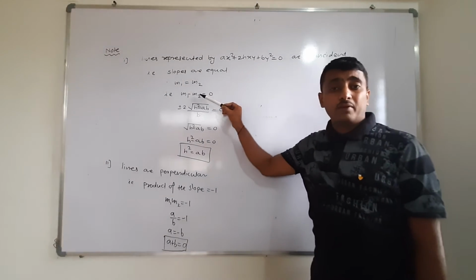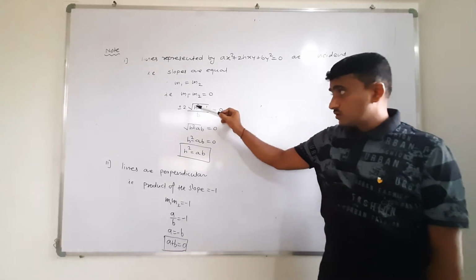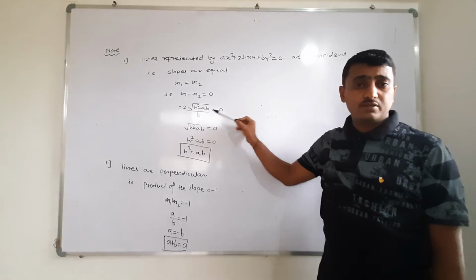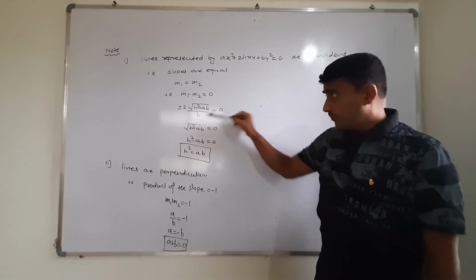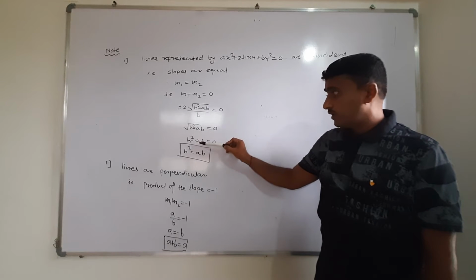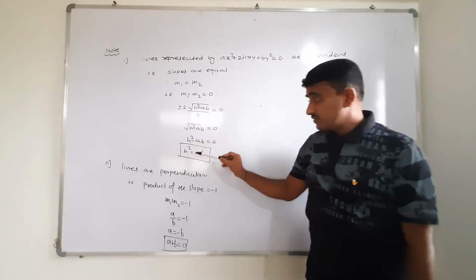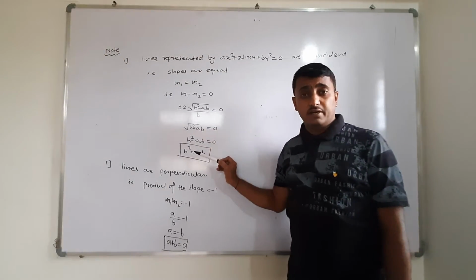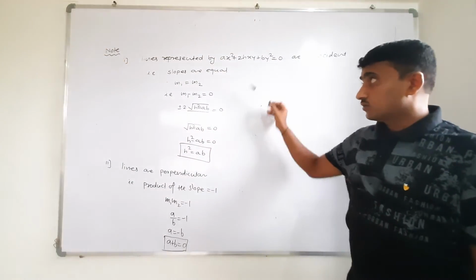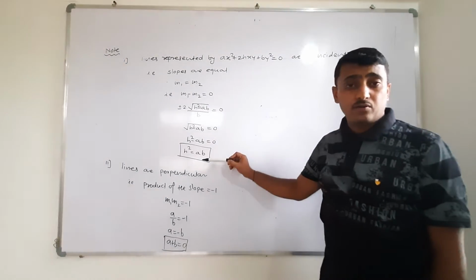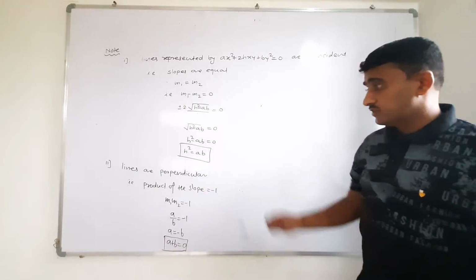आणि m1 minus m2 आपण आताच कॅल्क्युलेट केलाय, plus minus 2 times square root h square minus ab upon b is equal to 0. b transfer and then squaring we get h square minus ab is equal to 0, h square is equal to ab. This is the condition for coincident. Two lines are coincident, two lines are parallel, that is h square is equal to ab. h square is equal to ab, this is the condition.